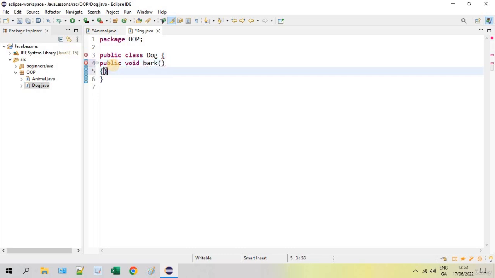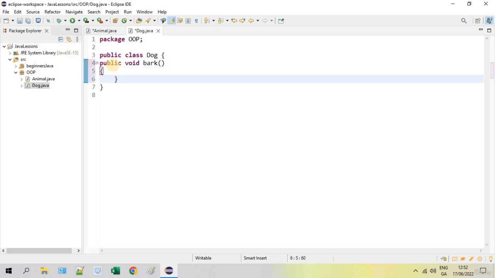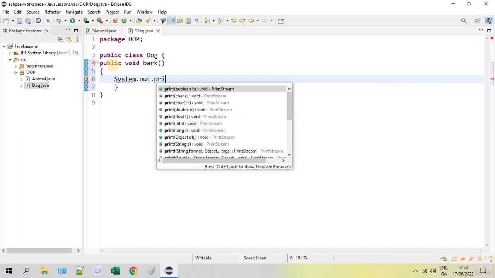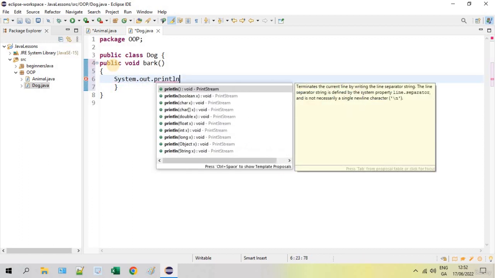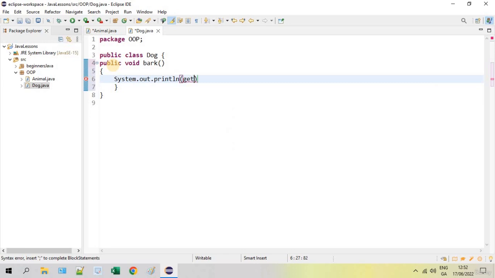In this bark method, I'm gonna write output. This is from this dog class. So system dot out dot print line, and in this print line I'm going to get the methods from the animal class. So for example, I'm gonna get the get name method,